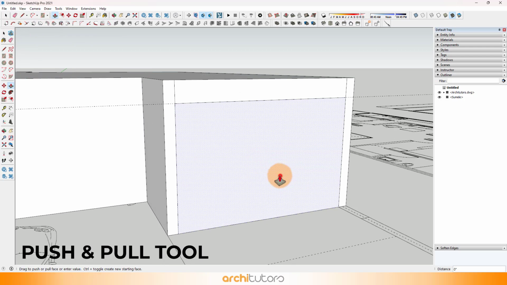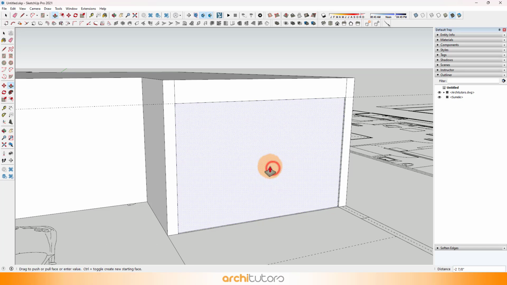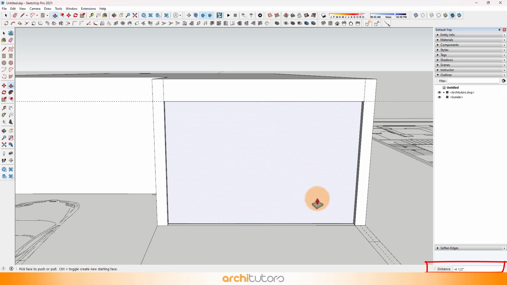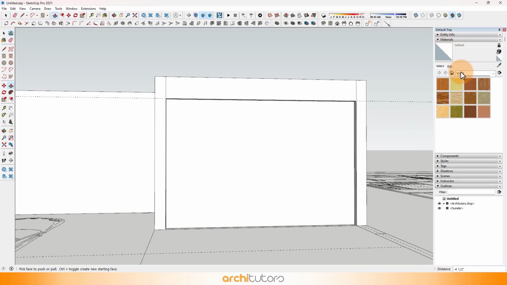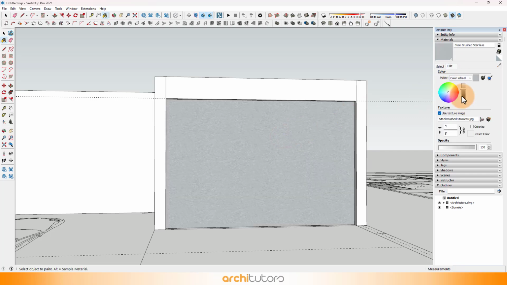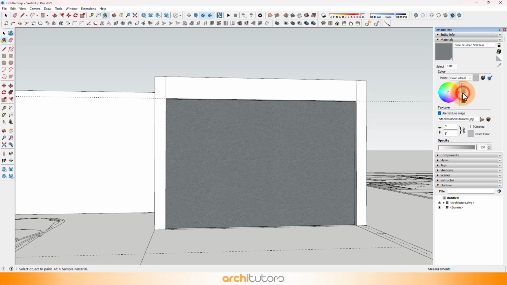And use Push and Pull tool to intrude or extrude the surface. Apply a material that will be the material for the frame of the window from the Bucket tool. To create frame of the window, use Offset tool first to create offset of the surface.